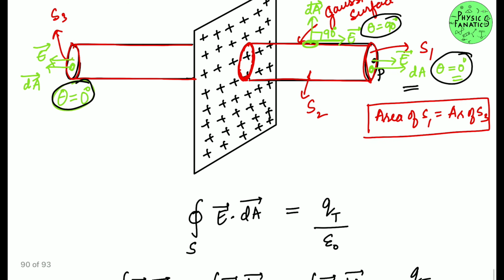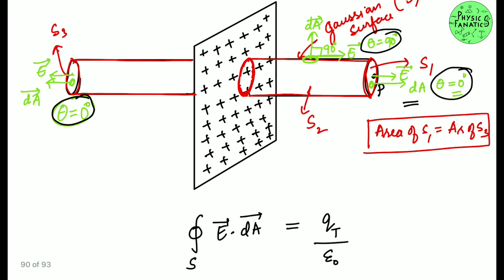Okay, so I have to talk about how much charge is enclosed inside my Gaussian surface. You can see this is my Gaussian surface, so I don't know how much charge is enclosed inside it. This time, for example, in the previous time I talked about a term called lambda.